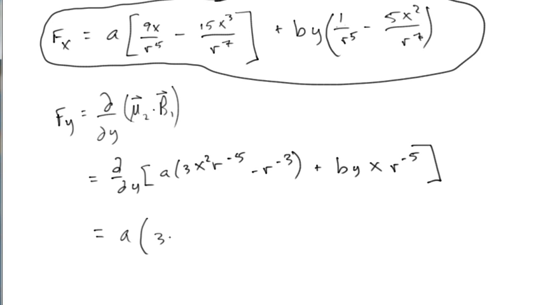So there'll be a 3x squared times minus 5 r to the minus 6, and then minus a minus 3 r to the minus 4th. So I've taken the derivative with respect to r of this first piece, and then I got to multiply that times dr by dx,